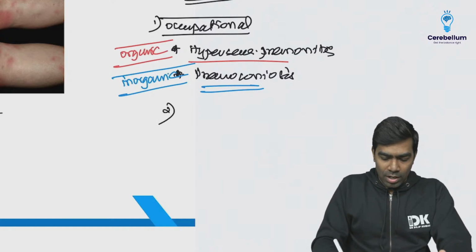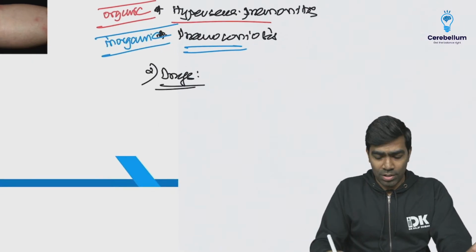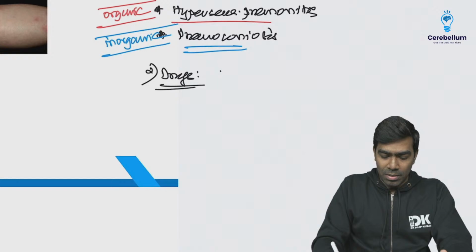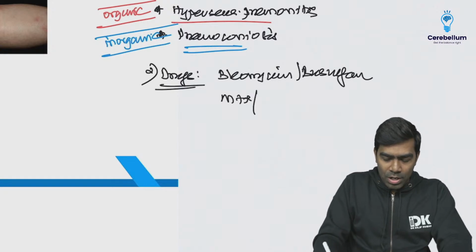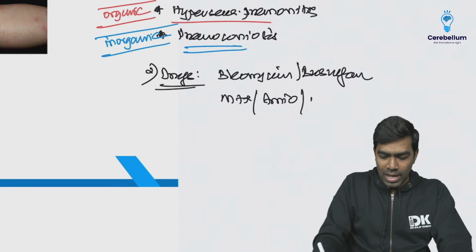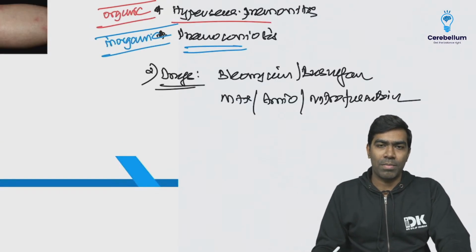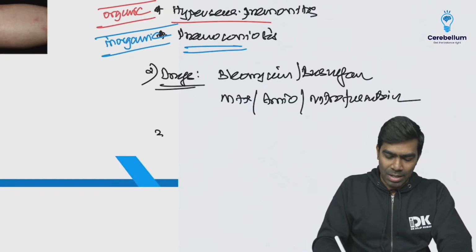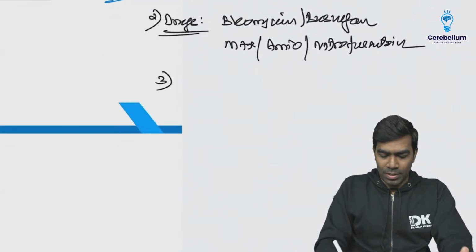Second, drugs can cause ILD. So what are the drugs that can cause ILD? We have plenty of drugs, like bleomycin, an anti-cancer drug, busulfan, methotrexate, amiodarone, nitrofurantoin. These are the most important drugs that cause ILD: bleomycin, busulfan, methotrexate, amiodarone, and nitrofurantoin. Number 3, third one, you have